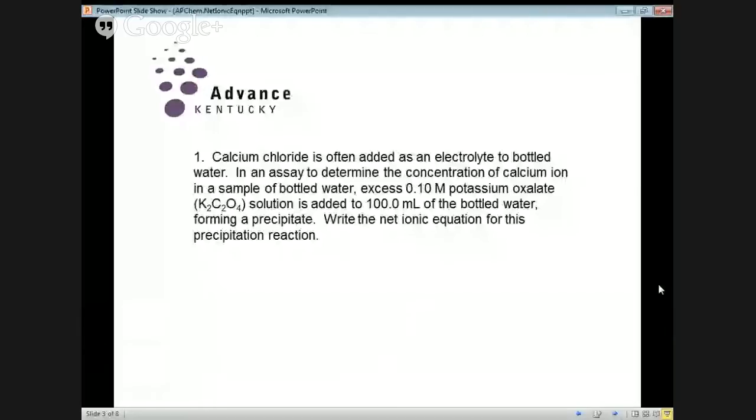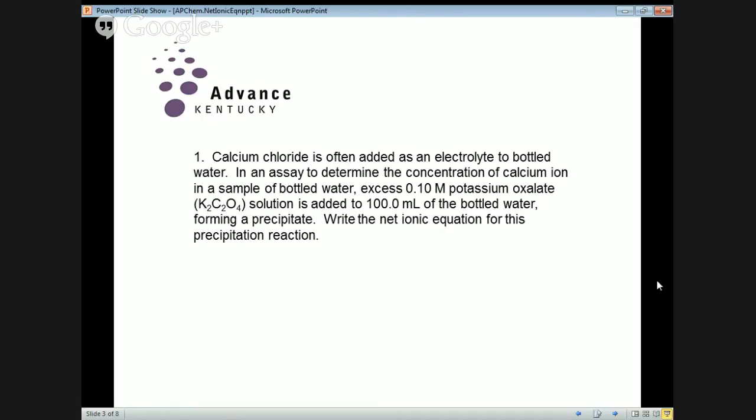And your teacher may have shared this with you, but here is an example of a situation, an experiment where a net ionic equation would normally be asked for. Calcium chloride is often added as an electrolyte to bottled water. You could read the label on the bottle and see that. In an assay or an experiment to determine the concentration of calcium ion in a sample of bottled water, excess